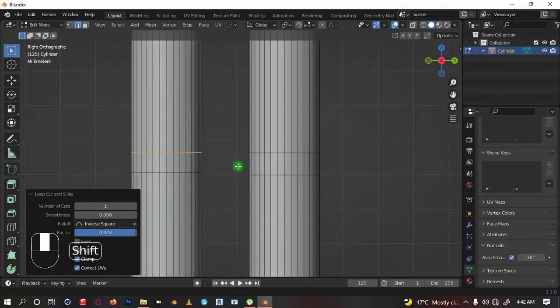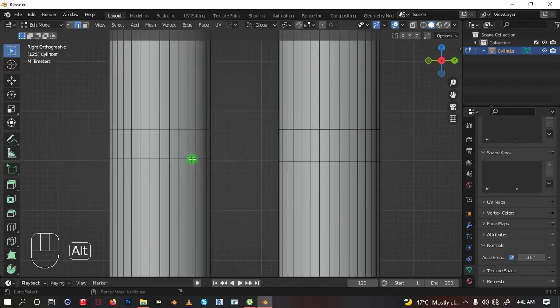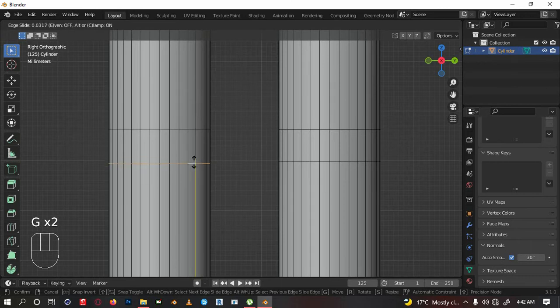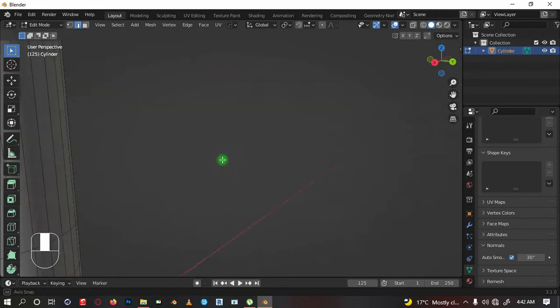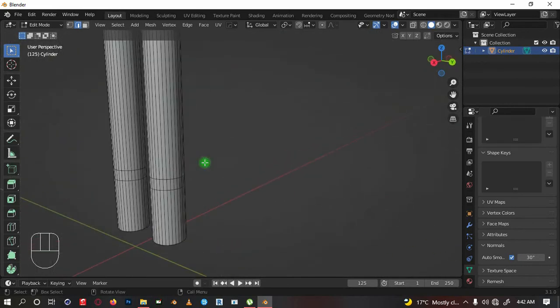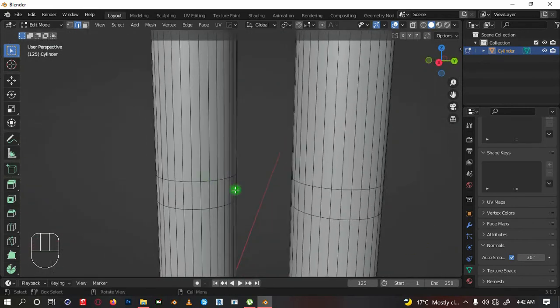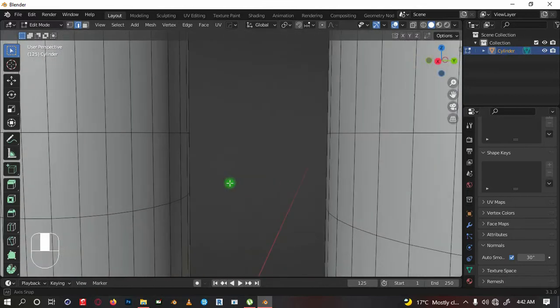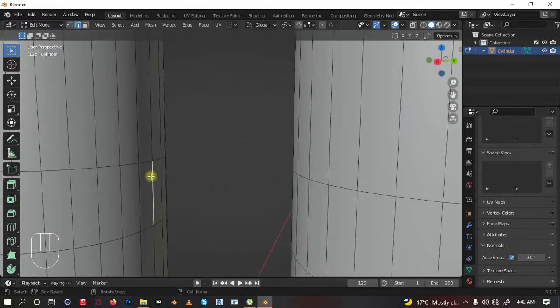Okay, so I think this lookout isn't okay, so we're going to slide it up with GG, just for slide, and bring it somewhere like so. Yeah, that should be okay. Okay, so what we want to do is we want